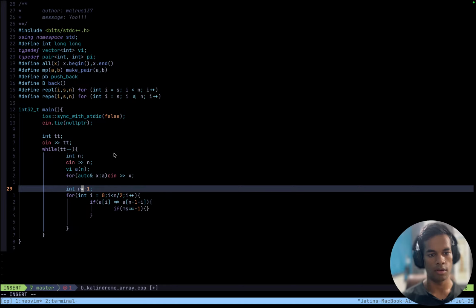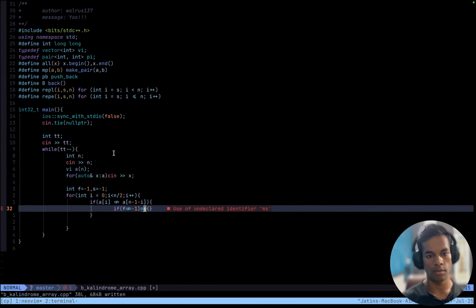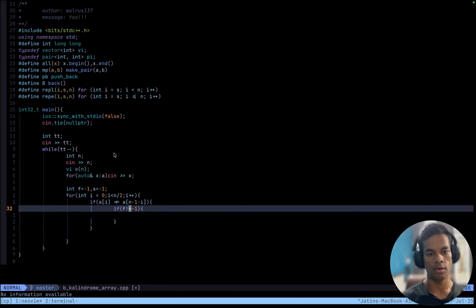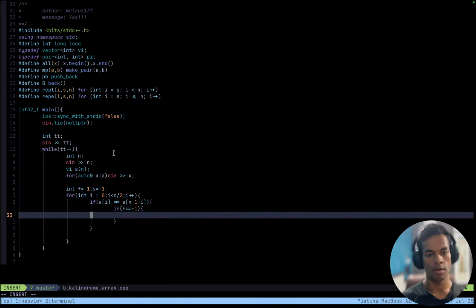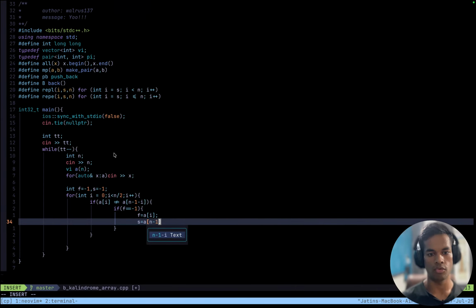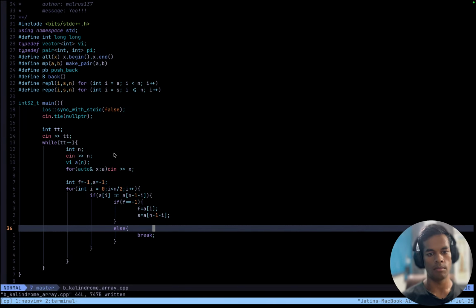Let me be precise. If s also equals -1, if f not equal to -1, if it is equal to -1, then f equals a[i] and s equals a[n minus 1 minus i], else break.